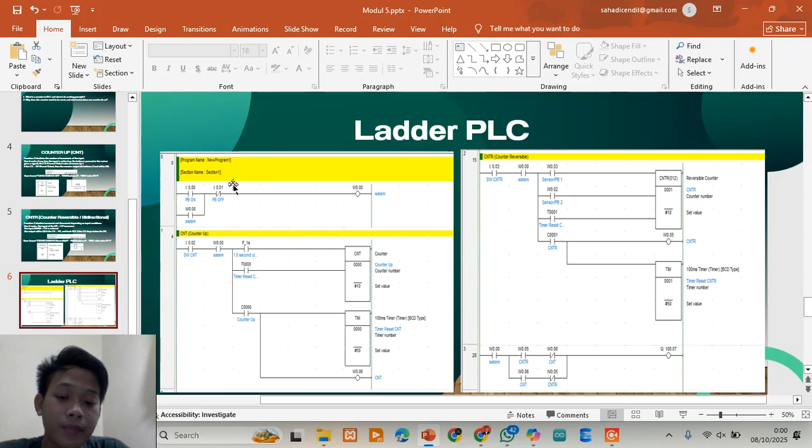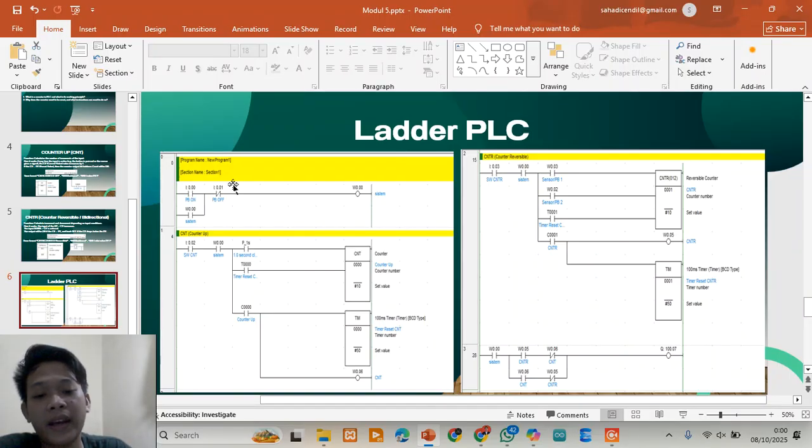Finally, in CX-Programmer, we can monitor CV and SV values live.